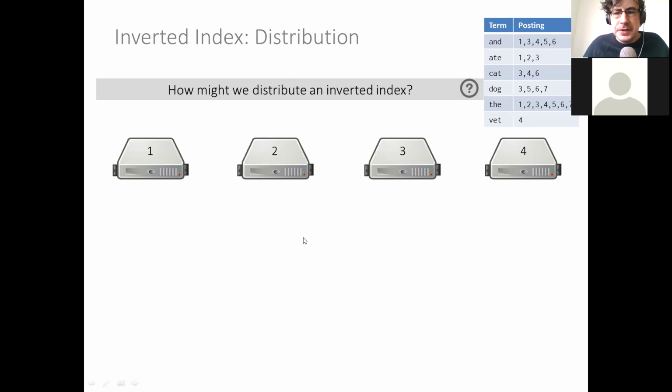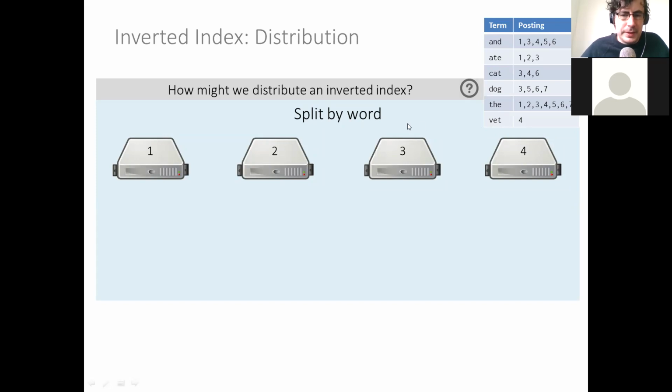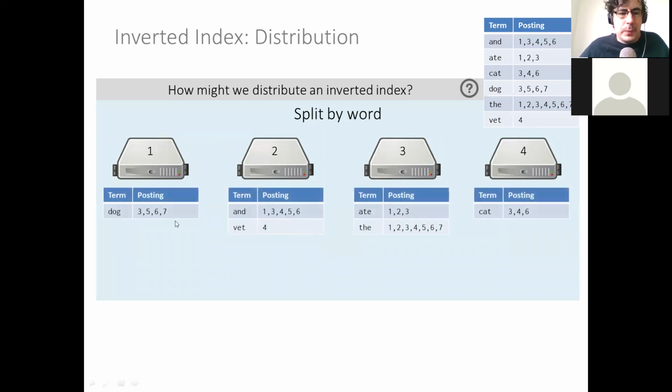Using hash for every word. Okay, so we can hash by term, right? So we can split by word or by term, right? So in this case, all of the information for and, for example, will be on one machine. All of the information for cat will be on another machine, and so forth. So we might end up with a distribution like this. Okay, so we have dog on one machine, and vet, and so forth. The key part is that we have